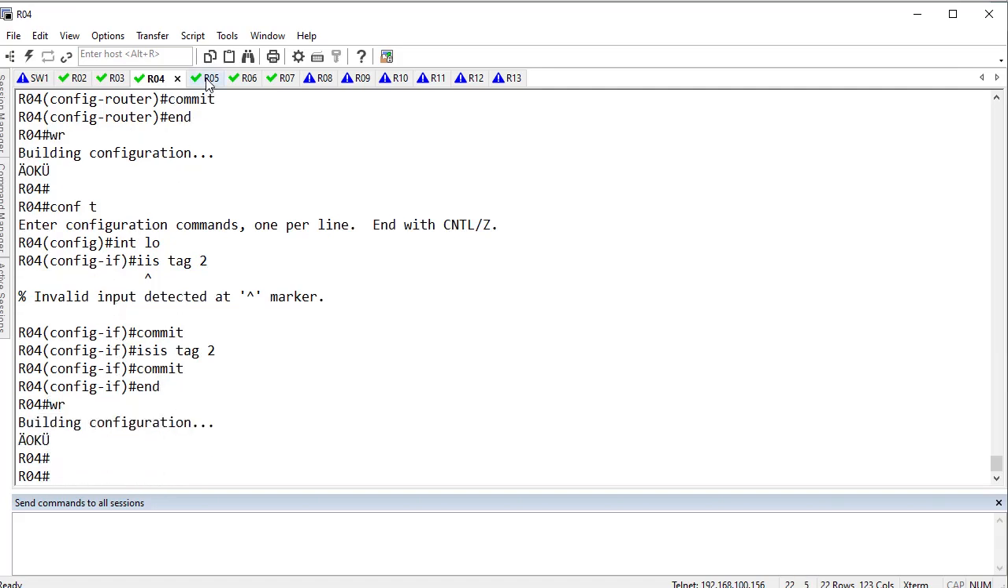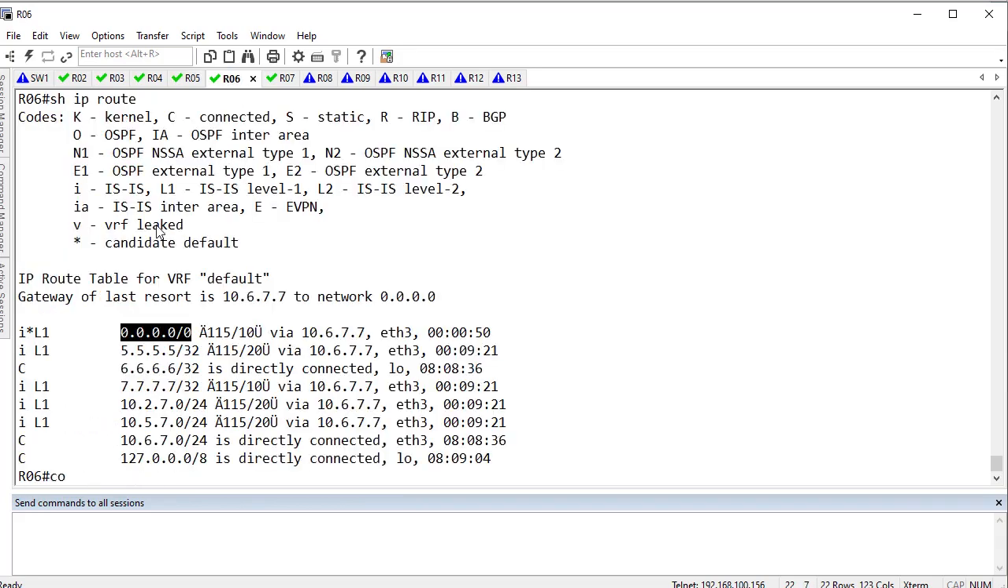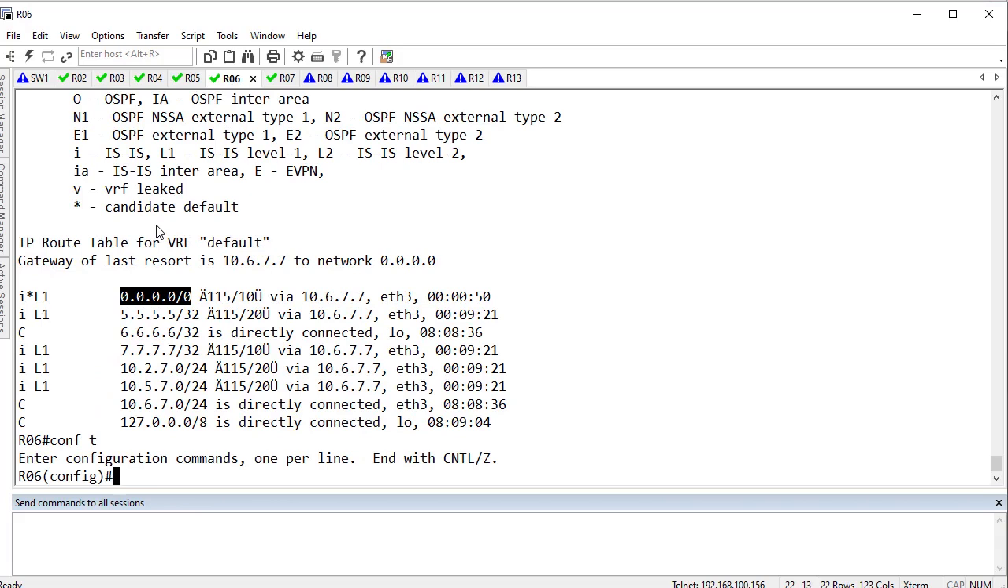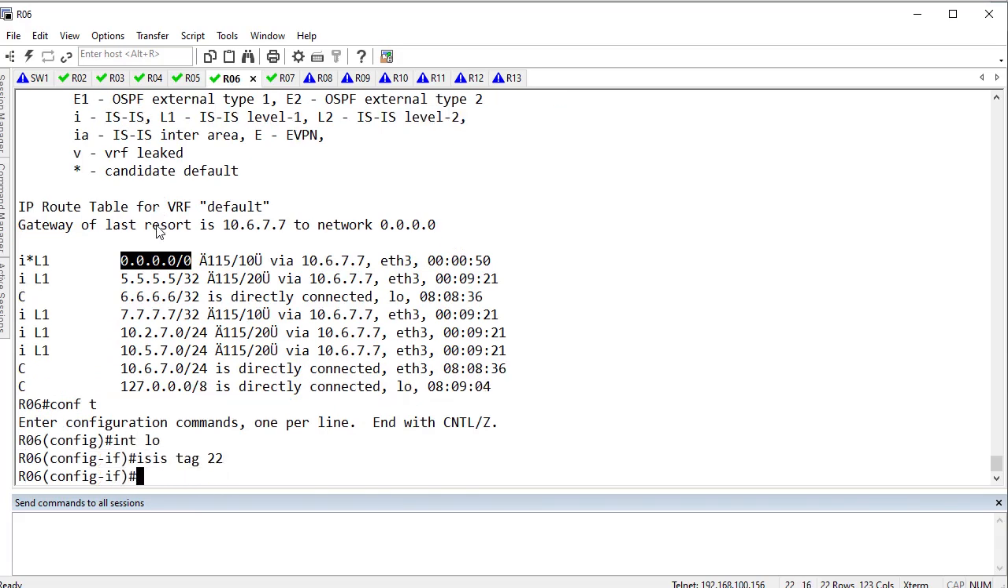And now for 5 and 6 and 7, what I must do is add a tag of 22 to them. So I'm going to go to here, interface loopback, ISIS tag of 22, commit. I'm going to save everything. 6 and 7, configure terminal, interface loopback, ISIS tag of 22, commit,